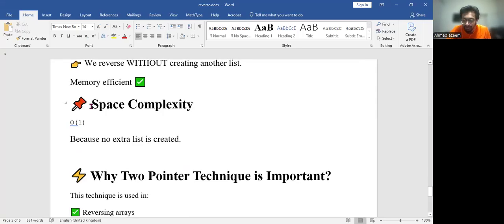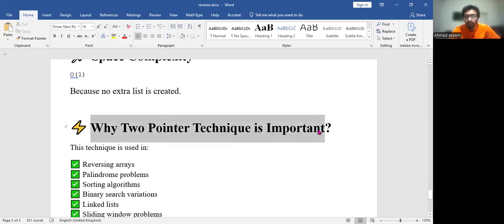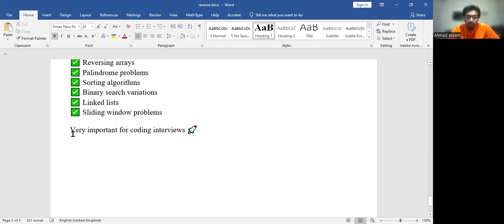What would be the space complexity in this problem? The space complexity is order of 1 because you just created two pointers, left and right. There is not any other pointer, and the pointers do not even increase in length during the loop because you are not consuming extra space for a list. Why is the two pointers technique important? It will be used in a lot of other methods too, because to reverse the array, palindrome problems, sorting algorithms, binary search variations, linked list, sliding window problems, and this is also